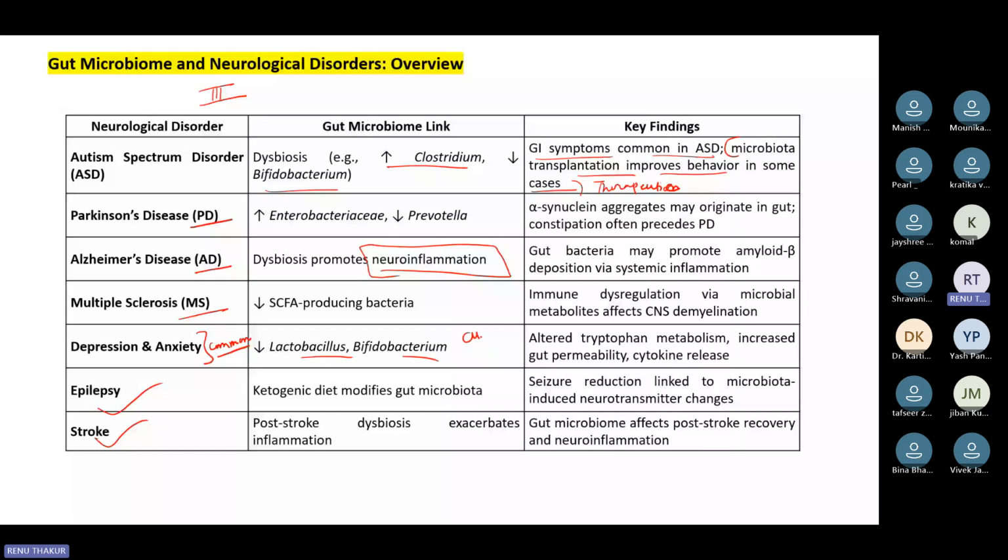Epilepsy, and apart from that, stroke. All these diseases are neurological disorders. Whenever you face any alteration in your gut microbiome over a longer run, you can expect these diseases. They are not acute diseases. All these diseases are at a very chronic stage. It is not that if you have an altered gut microbiome from eating something for 1 or 2 days, you can expect Parkinson's. No, all these diseases are very chronic. They are just a result of years of altered microbiome composition.